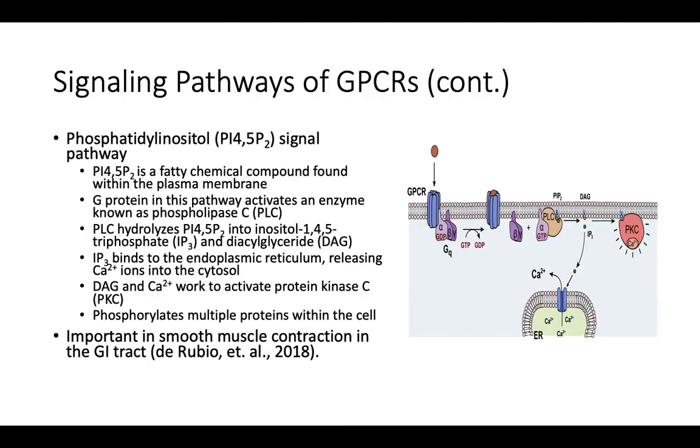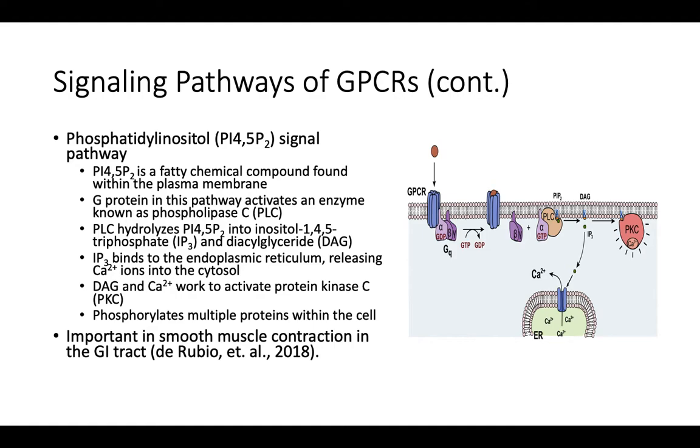Okay, another important signaling pathway of GPCRs is the phosphatidylinositol, or I'm going to call it the PI4-5P2 signal pathway. It's a lot easier. And that PI4-5P2 is a fatty chemical compound found within the plasma membrane of the cell. So basically what this